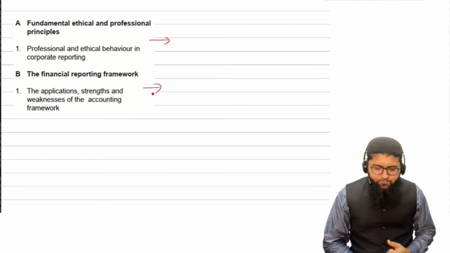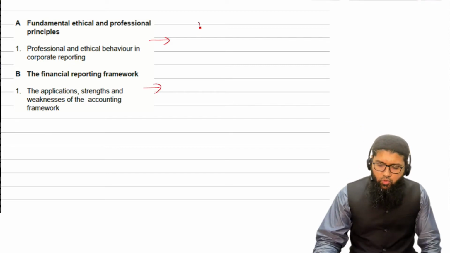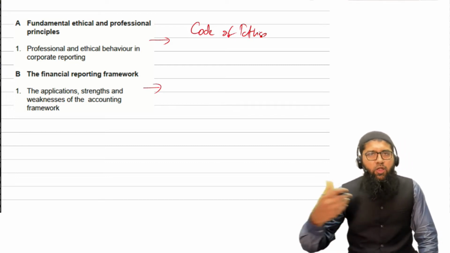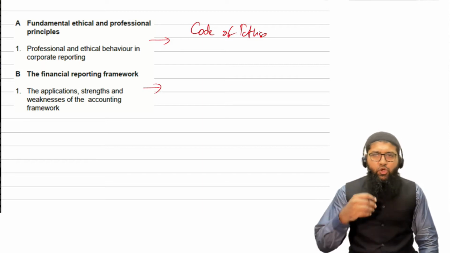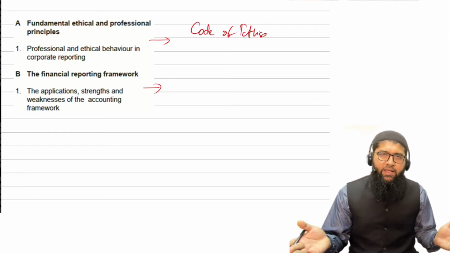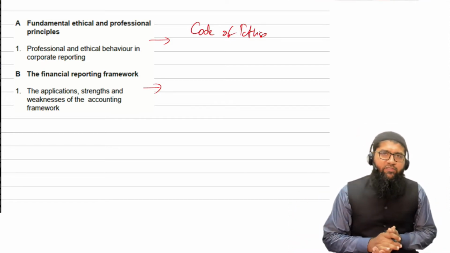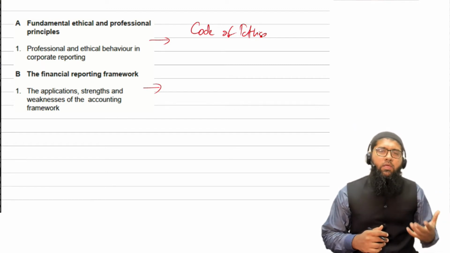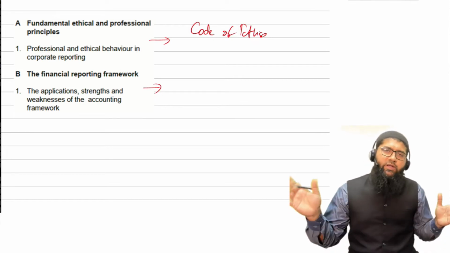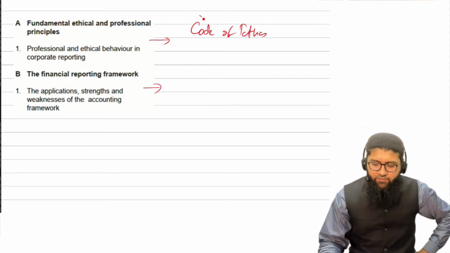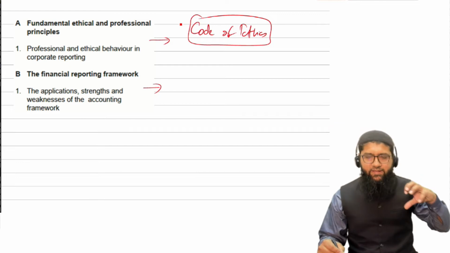Now, what do we mean by all this? You have already studied the code of ethics at the AA level, in the Business and Technology paper. You know that there are fundamental ethical principles of integrity, objectivity, professional competence, and due care. You know that there are ethical threats like self-interest, self-review, intimidation, advocacy, familiarity. There are different types of ethical issues that may arise. So what we need to do is keep this knowledge of the code of ethics in mind,